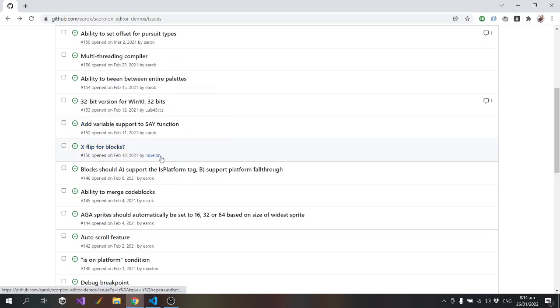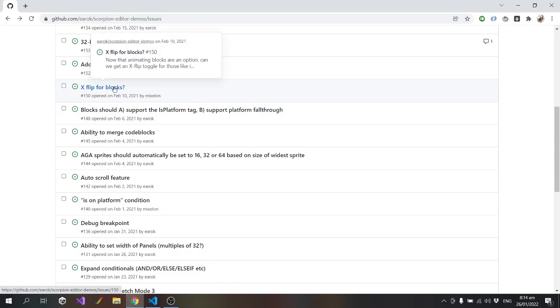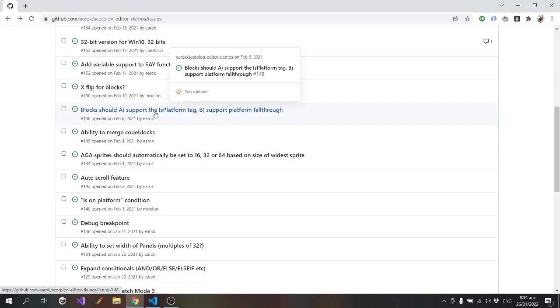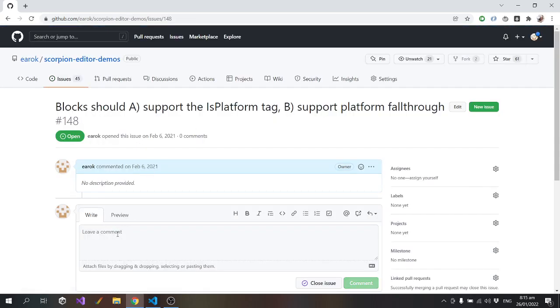Oh, here's one from you, Mixel. Xflip for blocks. That isn't done yet, but it's still a legitimate one to do. Blocks should support the is platform tag, and support platform fall through. I think I've done both of them. Yeah, I think I've done both of these. I'll mark it as...